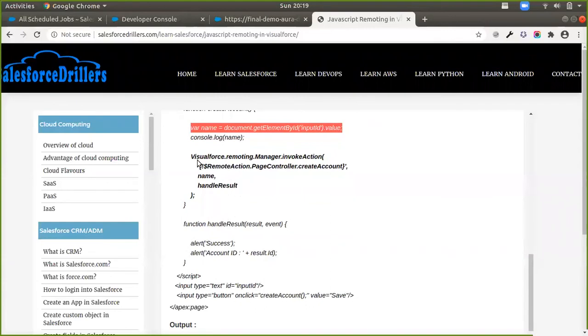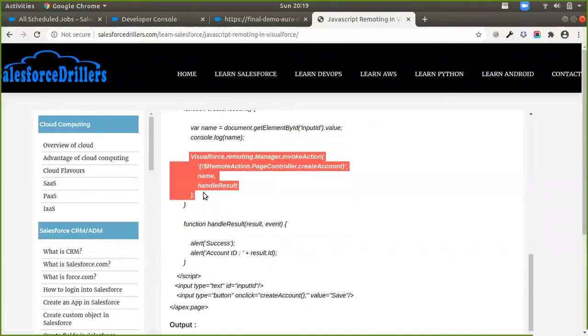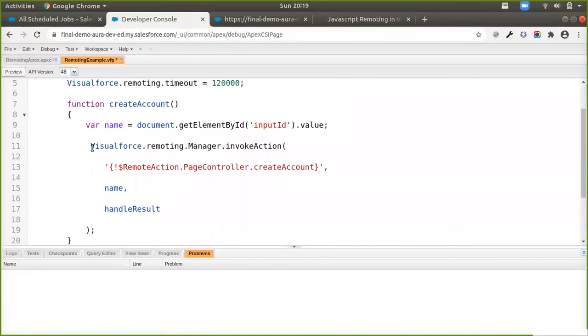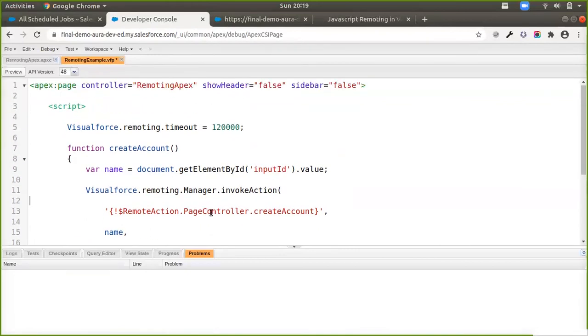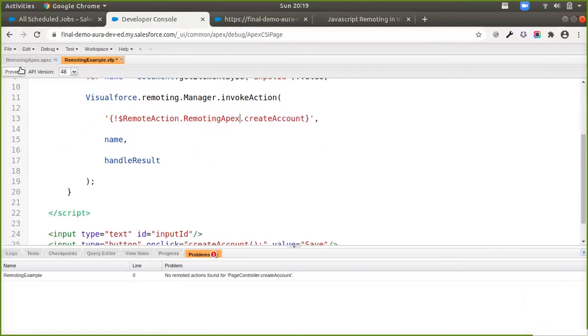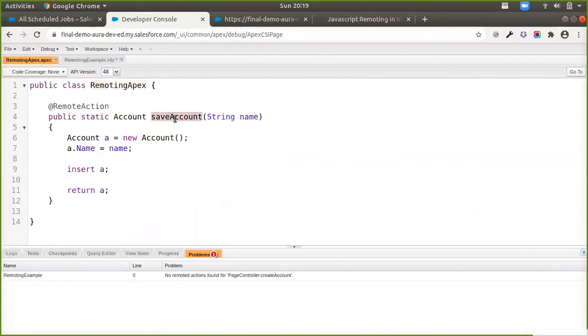Now all this part is just basic JavaScript, and now is where we're actually going to call our remoting method. And the way you do that is like this. The syntax for doing that is visualforce.remoting.Manager.invokeAction. And now in here, instead of using the page controller, I need to specify the actual class name, which is RemotingApex. And then I need to specify the actual method name, which is